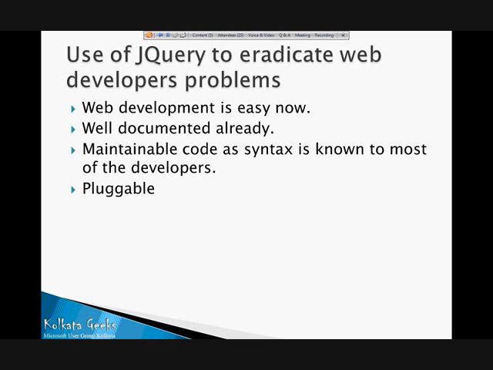So advantages of jQuery we can see here. Web development is easy now through use of jQuery, and one of the most advantages is jQuery is completely documented, so we can learn anything from that document and we can use this jQuery in our application. Since jQuery was written much earlier and it has been tested, we don't need to test this jQuery, and it really makes it much more comfortable for the developer. We don't need to worry about the syntax,